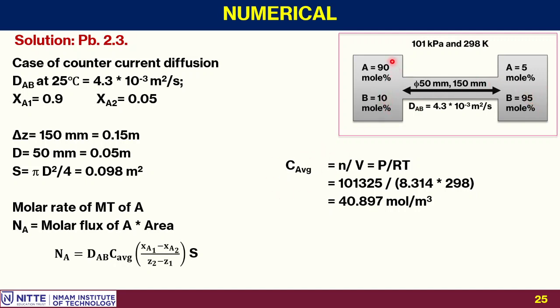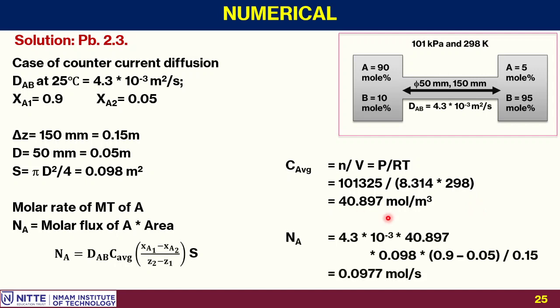So let me repeat, given the mole fraction of two components and their molecular weight, you will find out the average molecular weight. Then the mass density divided by the average molecular weight gives you the concentration on side 1. Follow the same mechanism for side 2. So you get two concentrations on two sides, C1 and C2. Take the average of those two and that will be the C average. That is to be used for liquids. For gases, we can go ahead with this method. So substituting these values, I get NA equal to 0.0977 mole per second. The substitution as you see on the screen here.